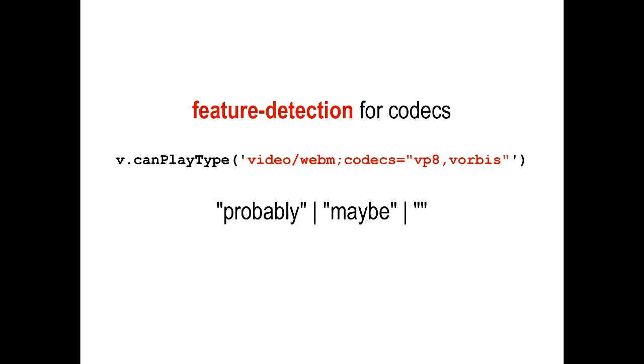One for desktop machines with really high quality, one in the quality that, say, an iPad can play, because they can't play all MP4s, and so on. These sorts of things, you know, what codec is supported, can the browser actually play? It can also be, obviously, feature detected. So there is a canPlayType method. And even there, same deal, you could say video WebM, or you could be very specific and say it's WebM and the codec is this. And I love the return values, which are strings: probably, maybe, and